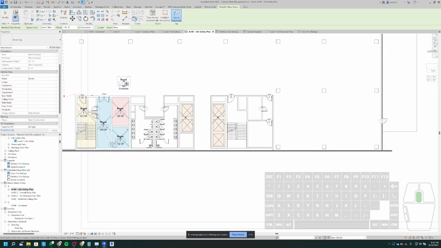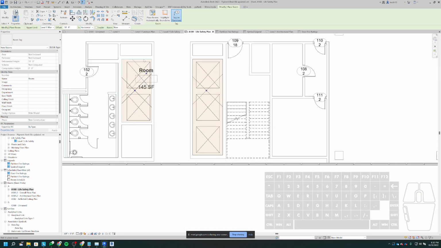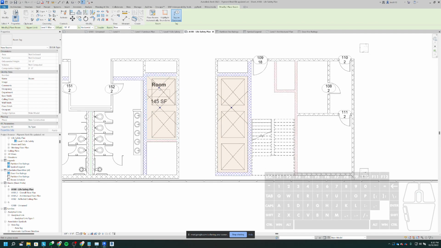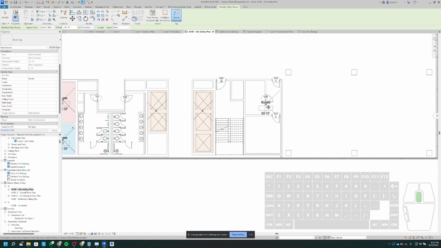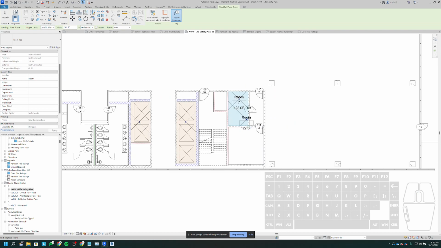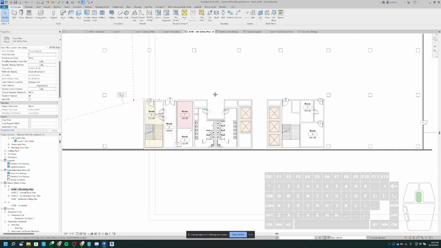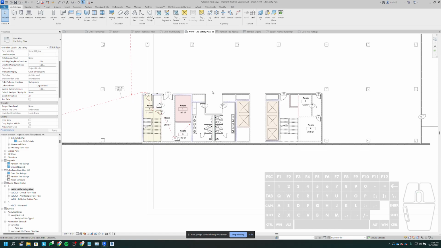Okay, and then if you're noting spaces like this, for example, where you have the elevators, you can place rooms in there too, and we're going to categorize that as like shaft space. Okay, so place a room there and there, and then we'll place one here and one here. Okay, so now that you have some rooms placed,